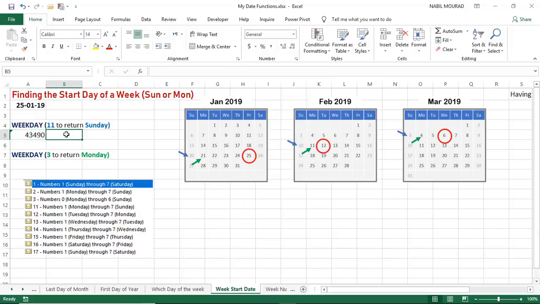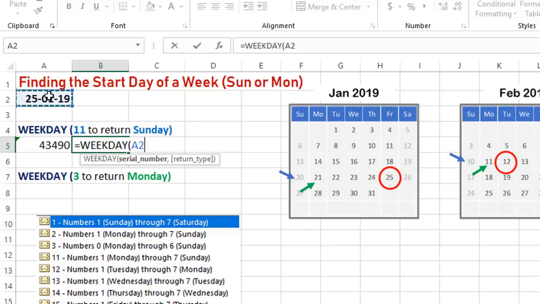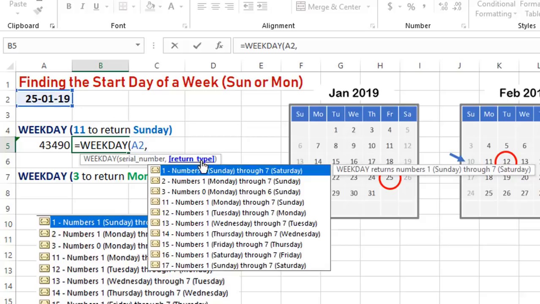If I want to extract the first day of this week, and now we are doing it manually, I need to subtract 5. So let's have a look at the WEEKDAY function that might be returning 5. So if I type equal WEEKDAY, and then I say I want the weekday of this date, and then comma, now I have a return type. It shows me many arguments. If in this case I would like to return 5, then I need to use the argument number 11, which